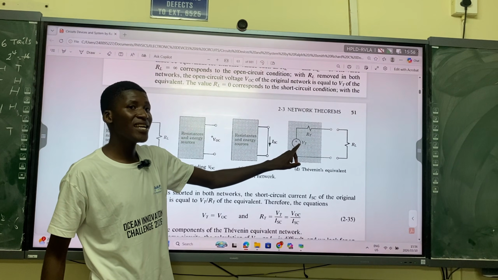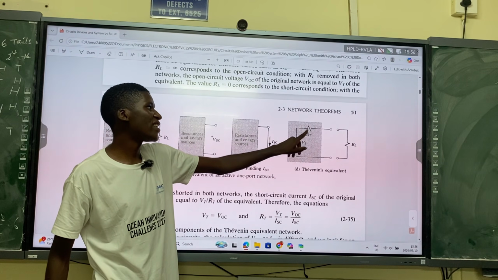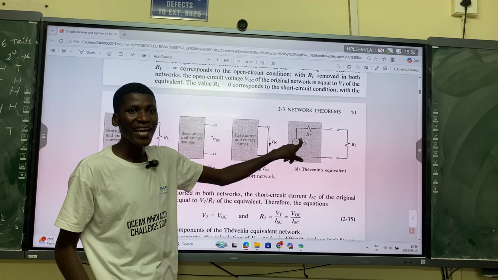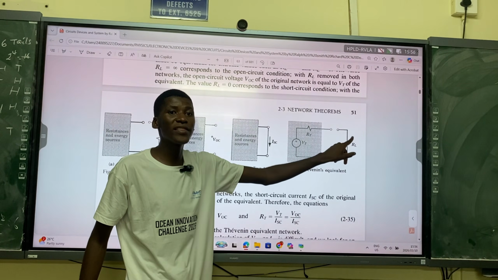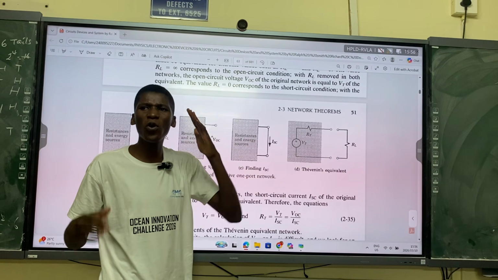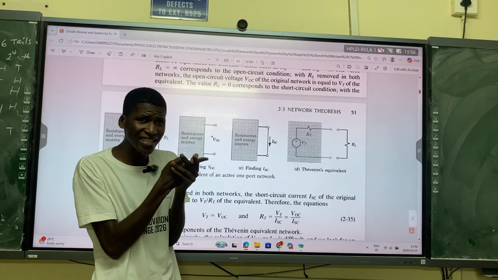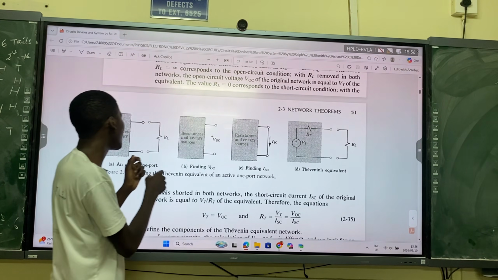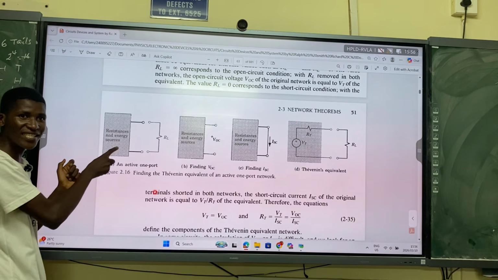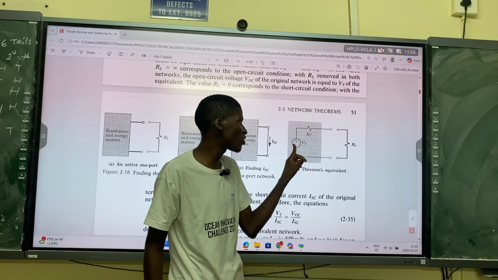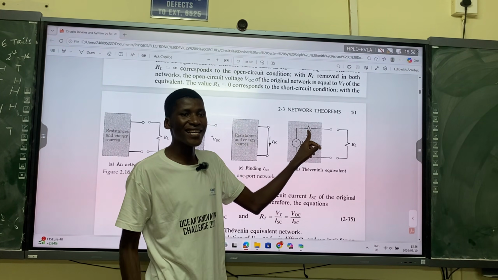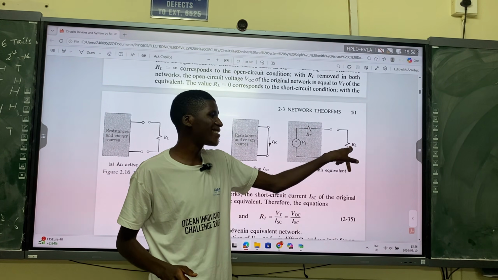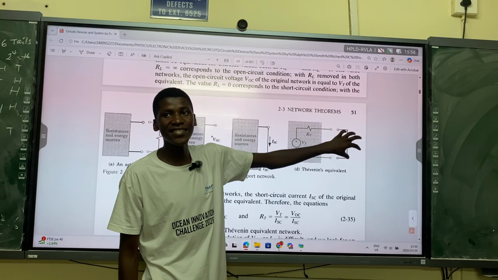The Thevenin's voltage is the open circuit voltage. And the Thevenin's resistance is the total resistance. They must be in series with one another, and then they must also be in series with the load resistor. So even if you forgot how to state the law, you can state it just by looking at this. Insofar as the load is concerned, any combination of resistances and energy sources can be replaced by one voltage source and one resistance, a series combination that will also be in series with the load resistor. That is Thevenin's.